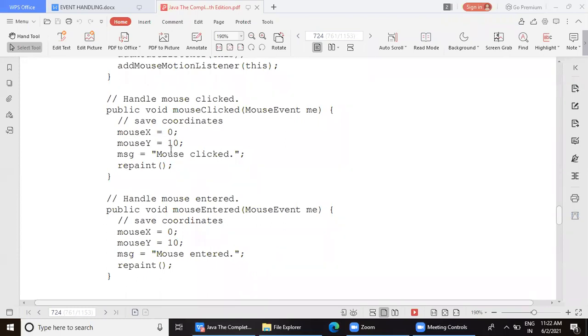Yes. So here you have, where was I? About paint. So the paint method is required to display anything on the applet body. And normally paint is called when the applet is loaded. Again, there is a sequence of methods. Anyway, what happens? When the applet gets loaded, first the paint is called.